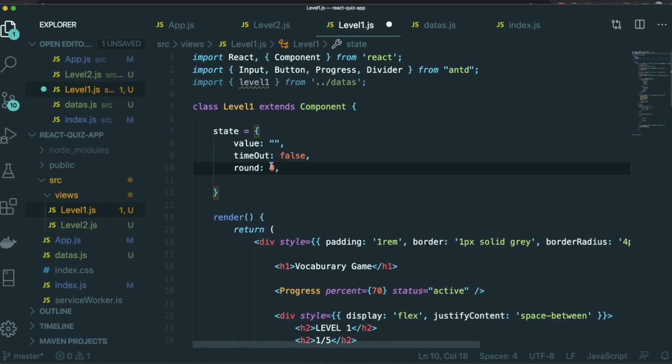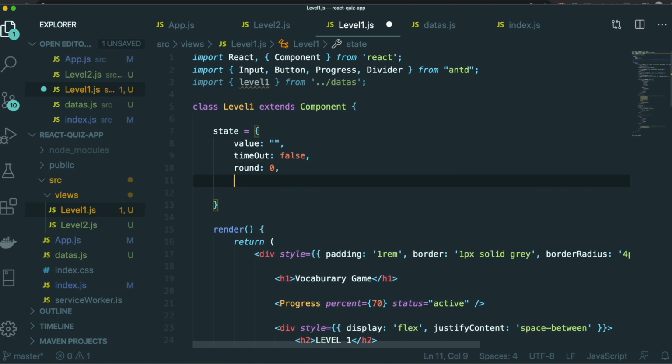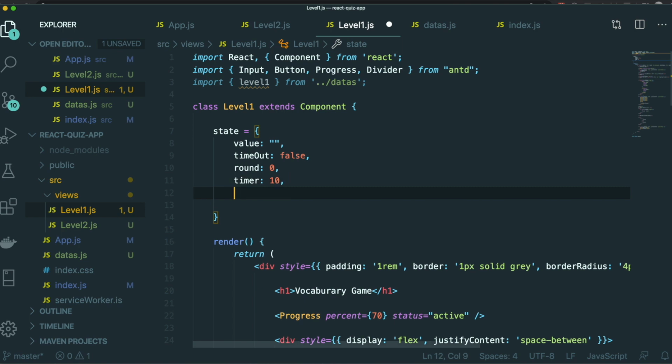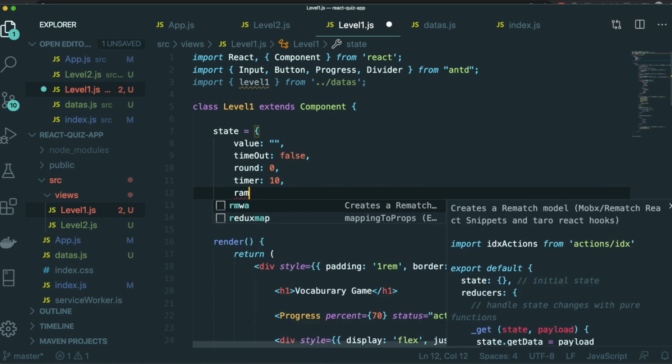Round starts from 0. So the first round is 0, the second round is 1, like this: 0, 1, 2, 3, 4. And the next state is the timer. So if you want to give 20 seconds for answering the question, you can just type 20 in here, but I just want to give 10 seconds for the question. So I'm just putting 10 in here, and the random